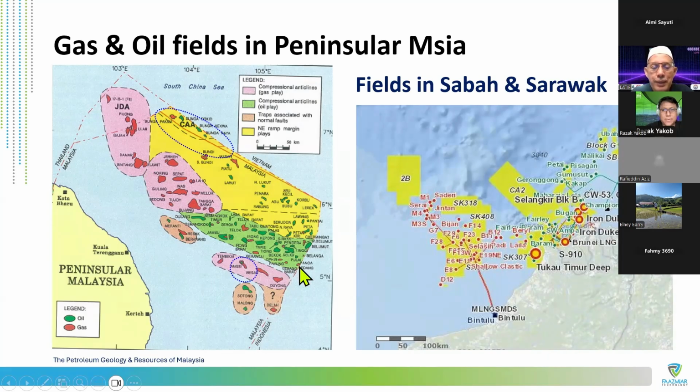You can see that some of the colors here, the darker color, refer to oil fields, and the lighter color is normally gas fields. I've been working mostly in this area, the Malaysian-Thai area, between 2010 and 2015. I worked in the Malaysia-Thailand Joint Development Area, the JDA, where I spent almost 8 to 9 years doing gas drilling.